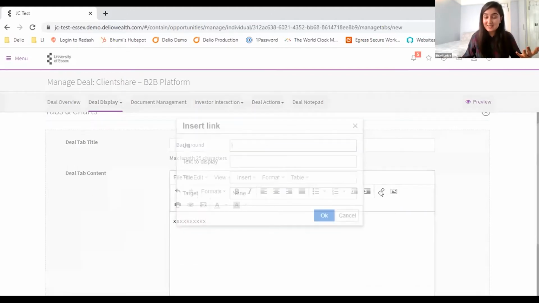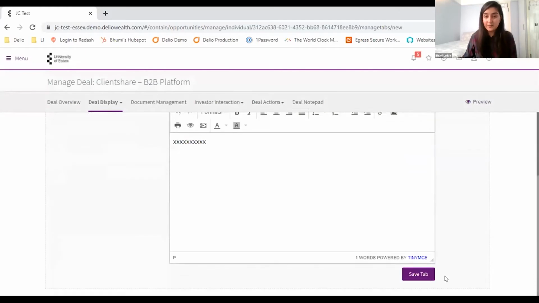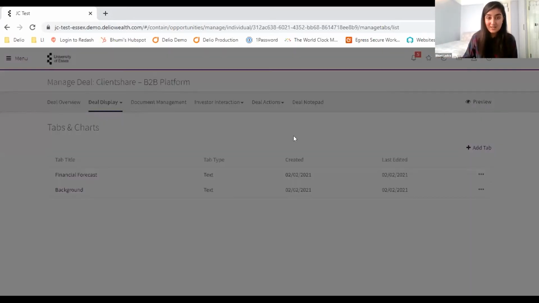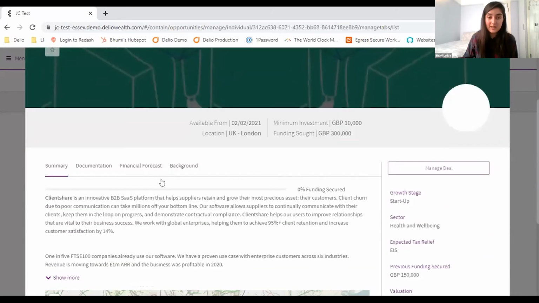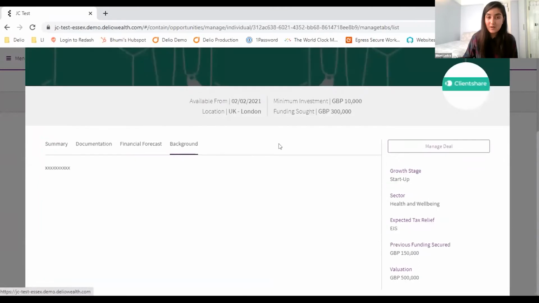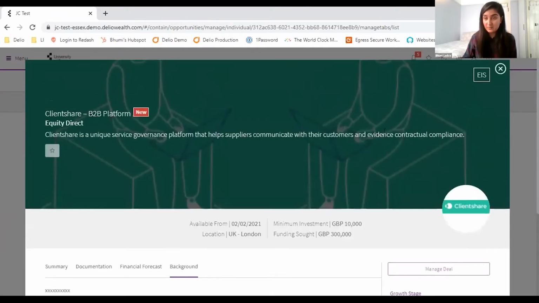I can attach links, videos, etc. as well. So I'm going to save tab. If I want to see how this will look to the investor, at any point I can click on this preview button here and it will come up, and you can see that my custom tabs have been added. So financial forecast, background, and all the key information we've already uploaded to the platform as well.